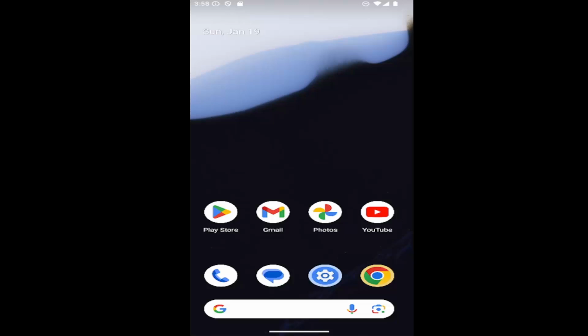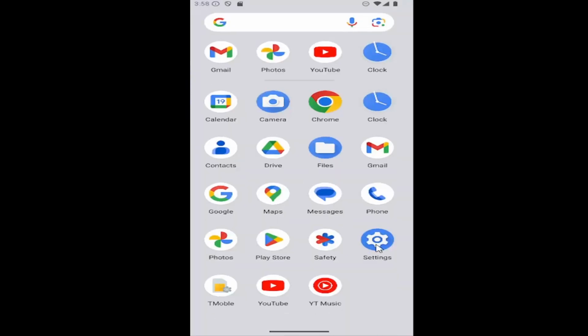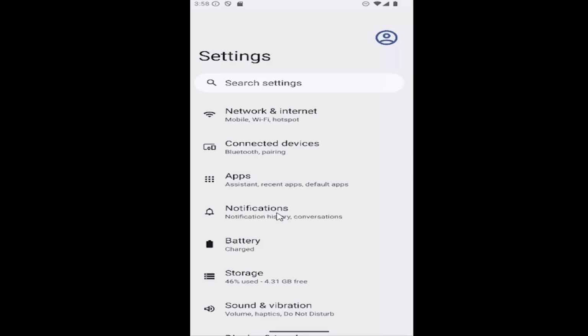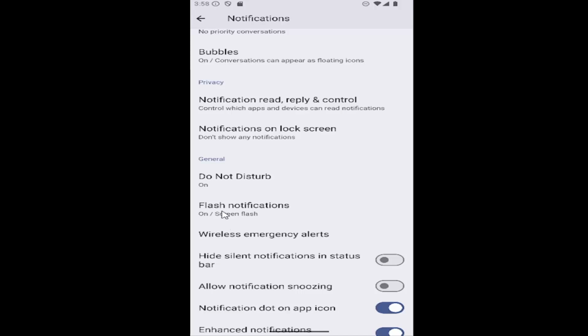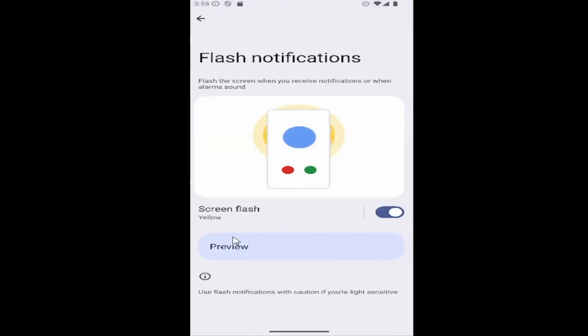So all you have to do is open up the settings menu on your phone. So just scroll up on the home screen and then select the settings button. And then you want to select notifications. Scroll down underneath General, select Flash Notifications, and then where it says the screen flash, it says it's either on